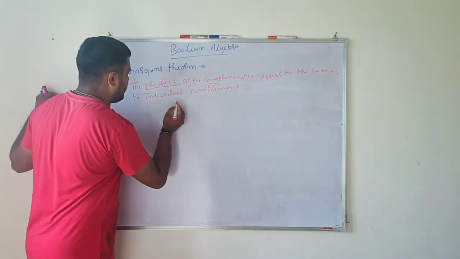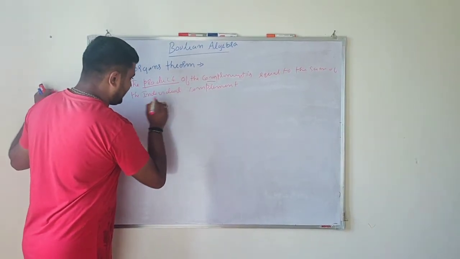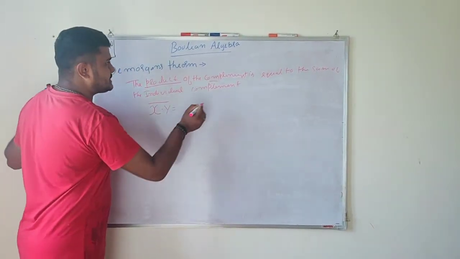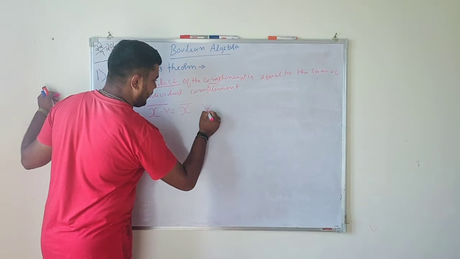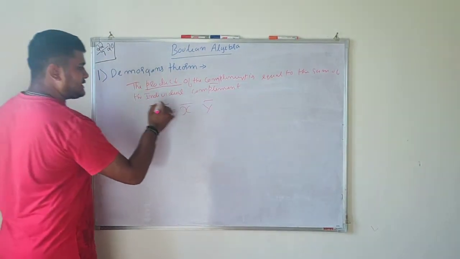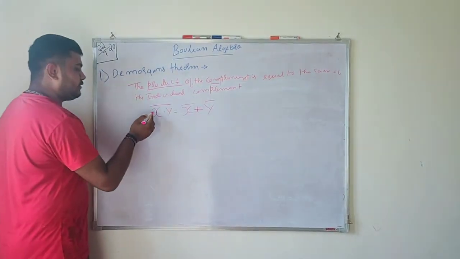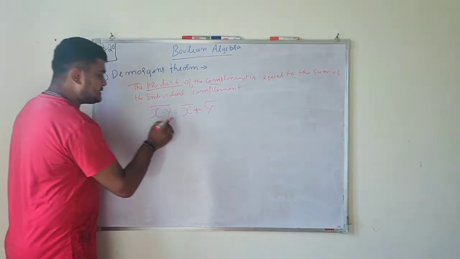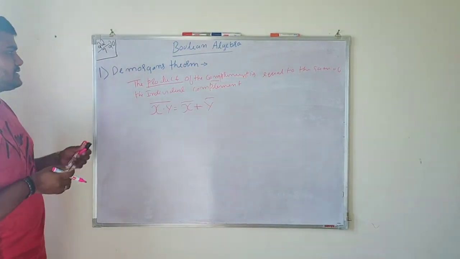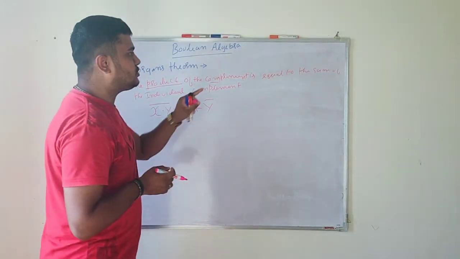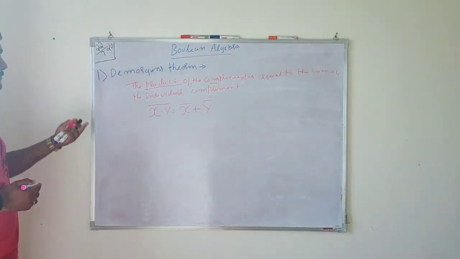So the product of the complement. First we should write the product. So two values x into y and its complement is equal to the sum of their individual complements. Individual complement means x bar and y bar. So what do we say? We say a sum. So x bar plus y bar. This is how we say the product of the complement is equal to the sum of their individual complements. So De Morgan's second rule states that the product of the complement is equal to the sum of the individual components. So let us write the logical diagram first, the logical gate.